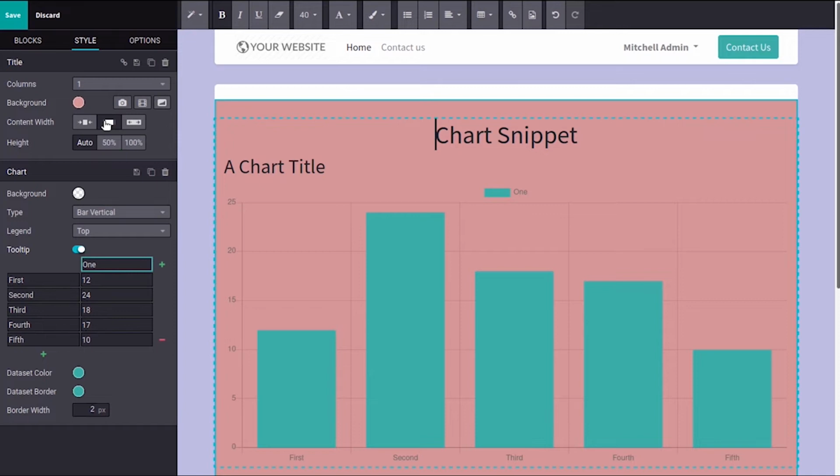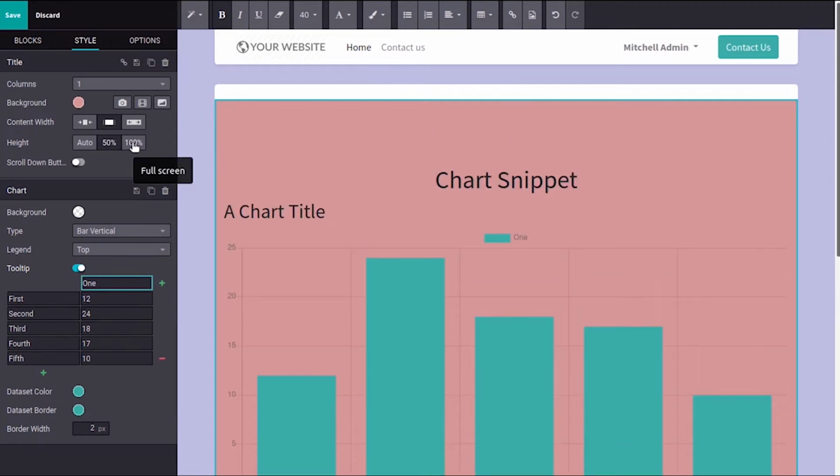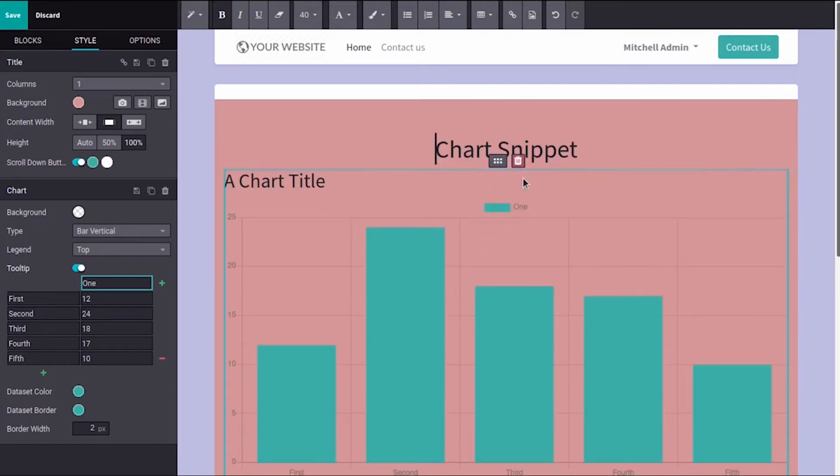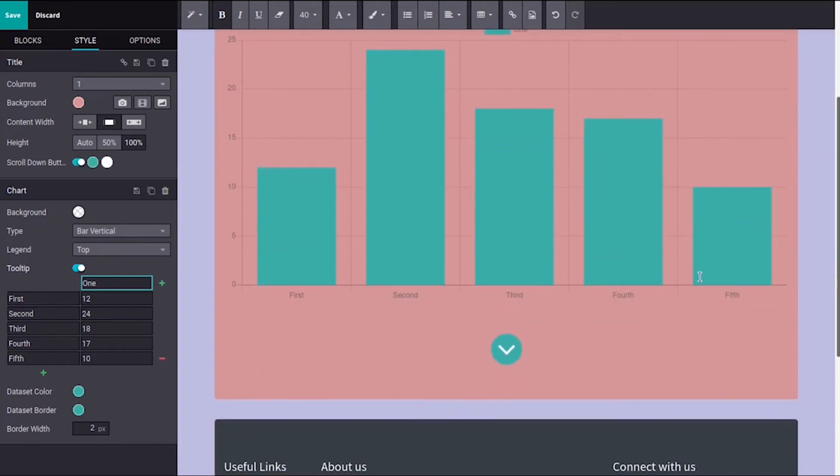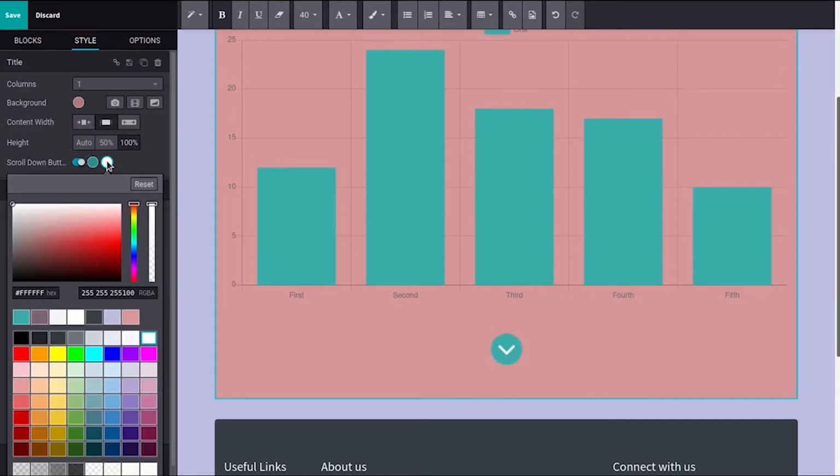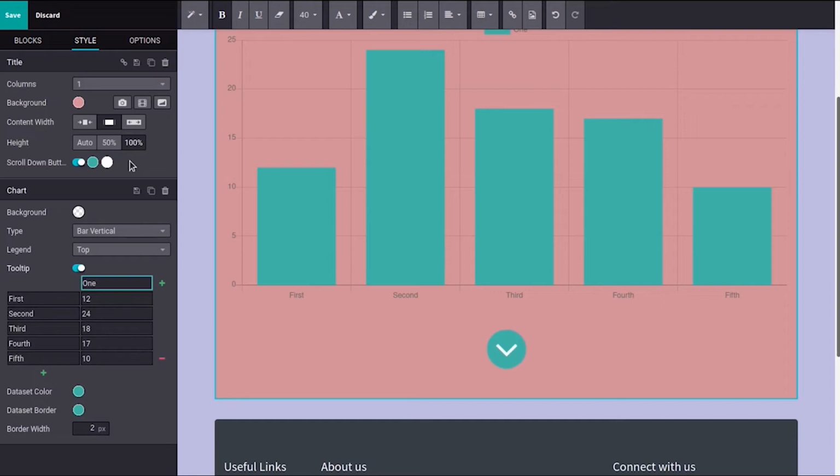You can see the changes when we click on each option. Then you can set the height of your chart, 50%, 100%. Then there is an option to show a scroll down button. You can see a scroll down button option here. You can change the color of the scroll down button also.